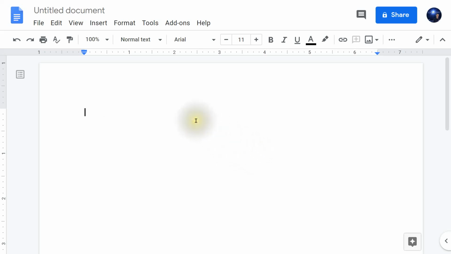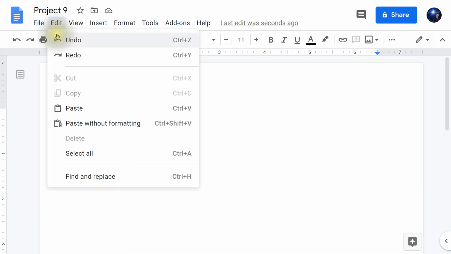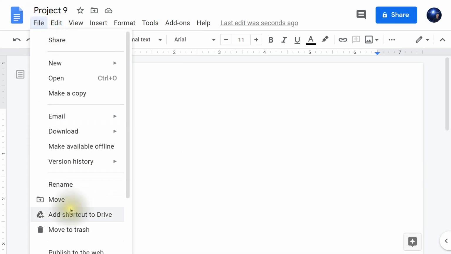Step 21, give this document the title Project 9 by typing in the new title where it says Untitled Document and hitting the Enter key once. Step number 22, click on File found near the top and select Page Setup.